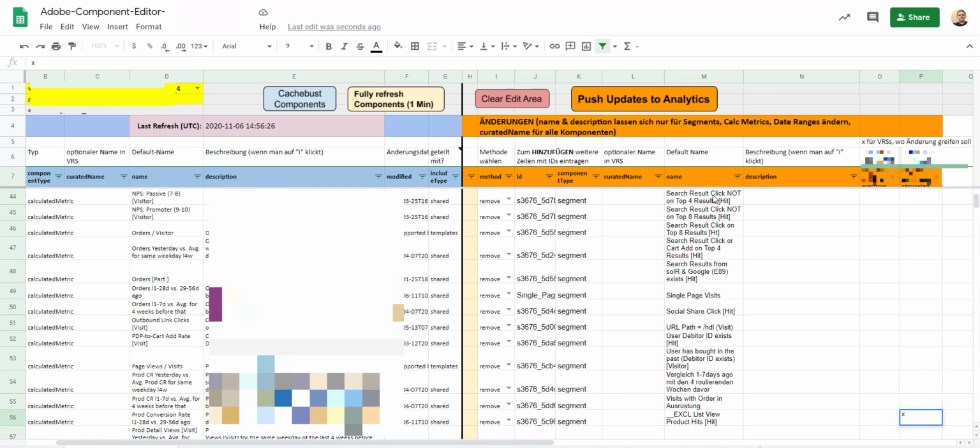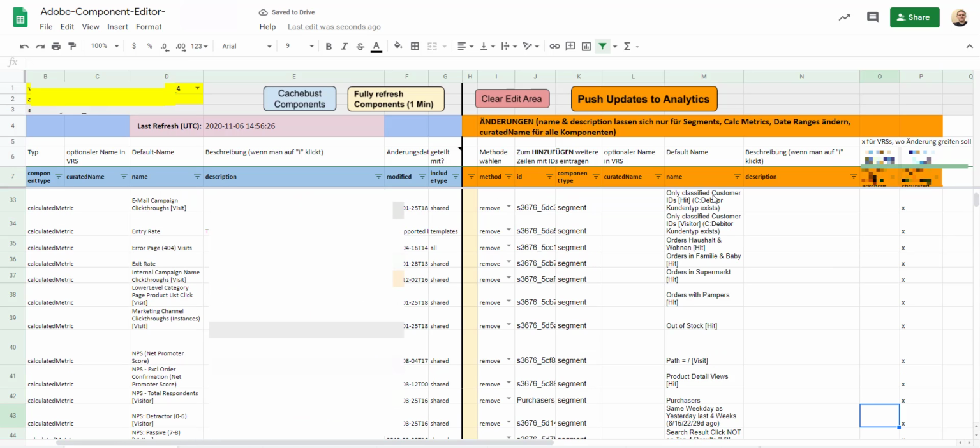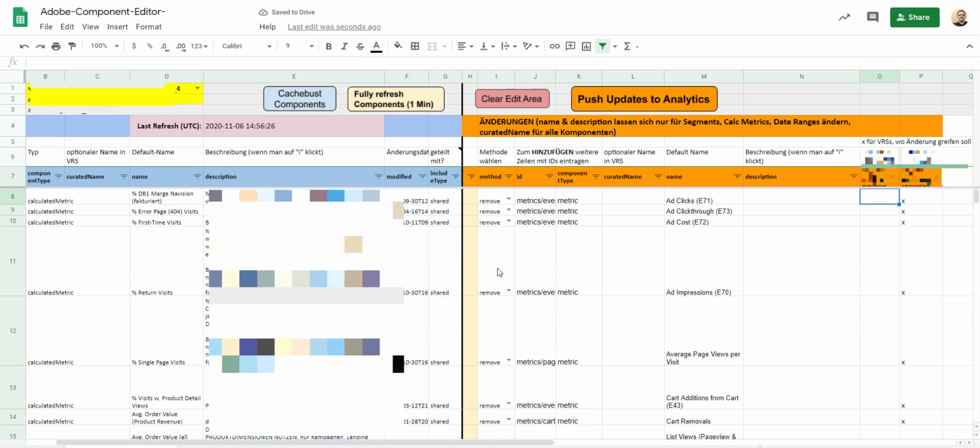I just make an X here, or I could also write 1. That means please remove all these components that I've mentioned here: remove average page views per visit, cart additions from cart, etc., from this virtual report suite. Now I have another virtual report suite where I want to remove some of those components, but not all of them. Paste it,